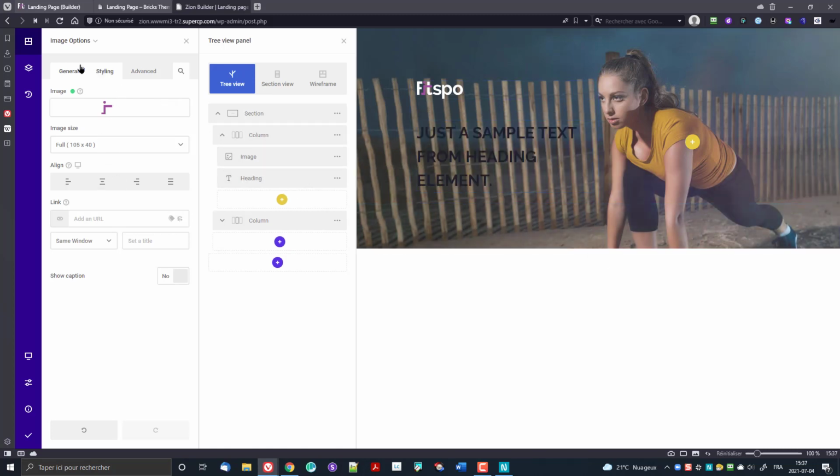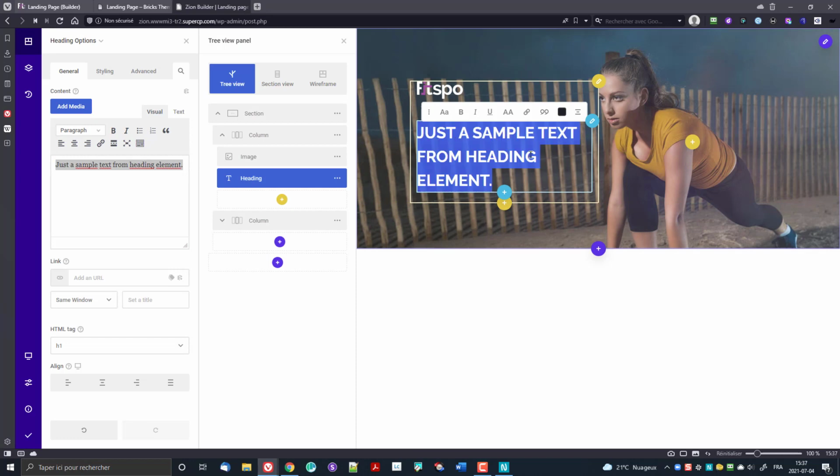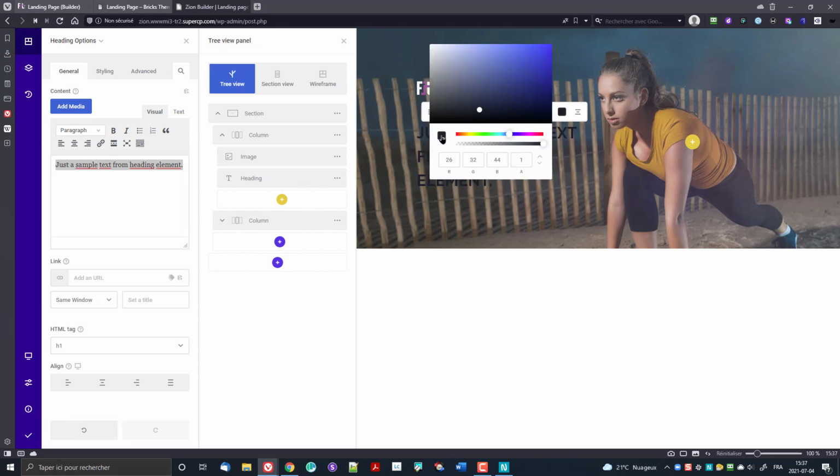So heading is not showing here. That's strange. So I still need to go with my element like that. I can always click here and change things here. Honestly, I found out that when we change the color here, for example, it's going to put inline code, which is bad, really bad. It's really hard to change after that. Sometimes we try to change the color and it doesn't want to do that. Hopefully they have fixed that over time. I might try to see if it has been fixed, but